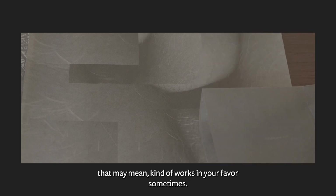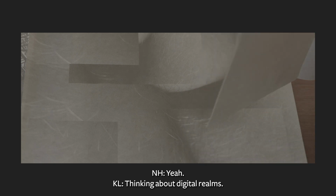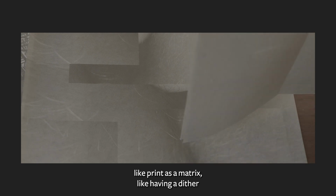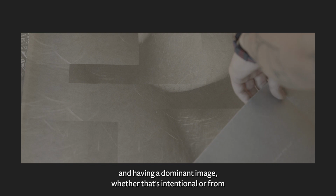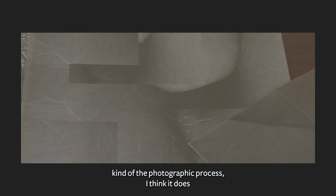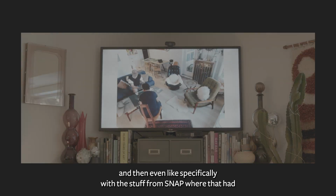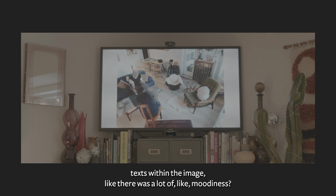Right. And I guess bad quality, whatever that may mean, kind of works in your favor sometimes. Yeah, thinking about digital realms. And especially with print as a matrix, having a dither and having a dot on an image, whether that's intentional or from the photographic process, I think it does make a richer black when you're doing etching. But a lot of grays, and then even specifically with the stuff from Snap where that had text within the image,